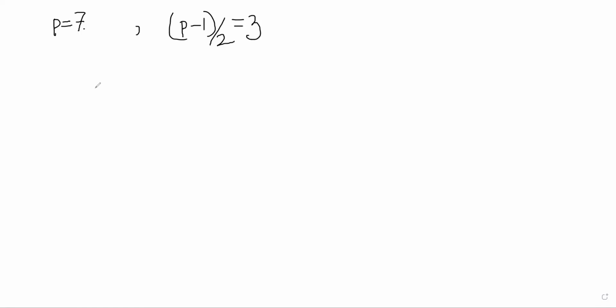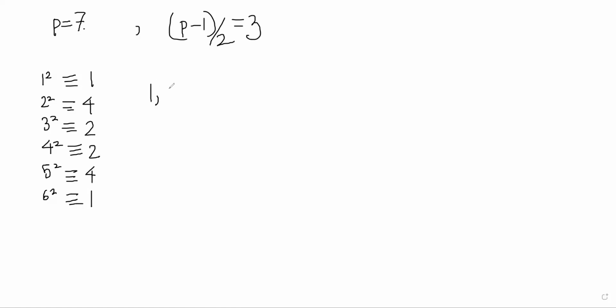Now here, what are the quadratic residues mod 7? Let's calculate 1 square, 2 square, 3 square, 4 square, 6 square, right? So this will become basically 1, 4, 2, and this will become again 16, which is basically 2, and this is again 4, and this is again 1. So we have 1, 2, and 4 are quadratic residues mod 7,